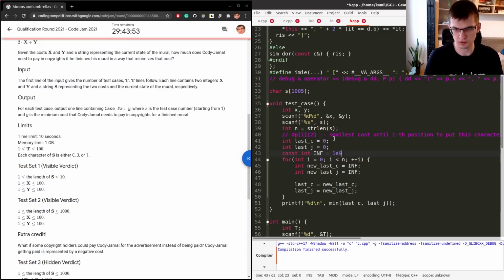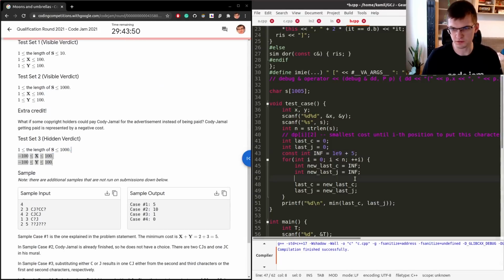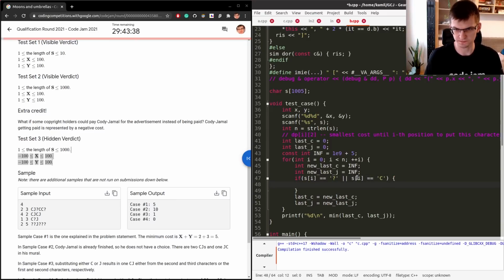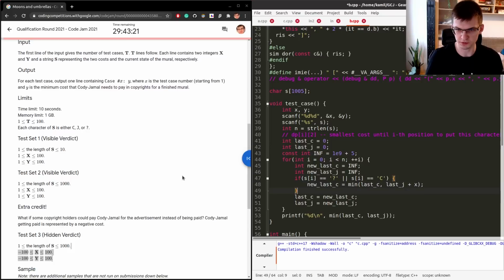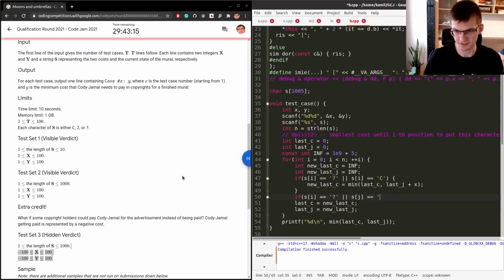We don't need a big infinity, I hope. 1000, so it's fine. And now, if this character is either a question mark or C, then we can put here C. Either the previous one was also C, or it was J. And now we pay the difference from C to J. It's either X or Y, one of the two. I don't want to think which one. If I'm allowed to put here J, and I typed J instead of character J,